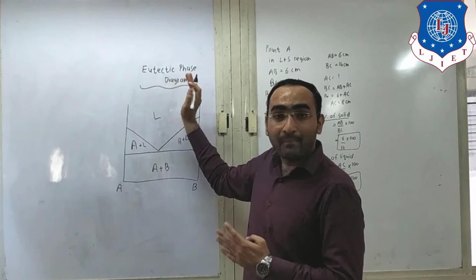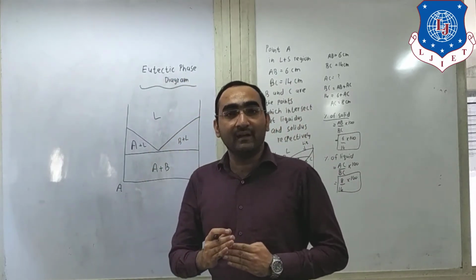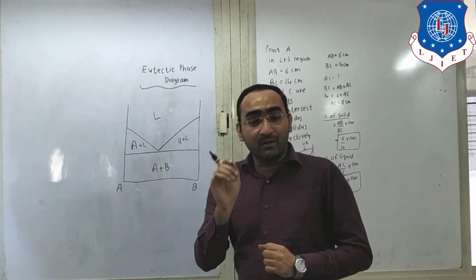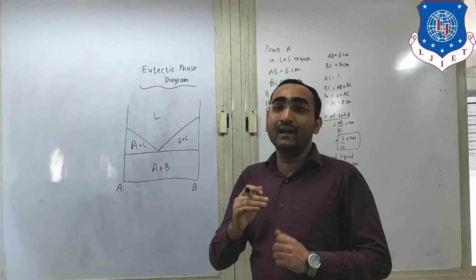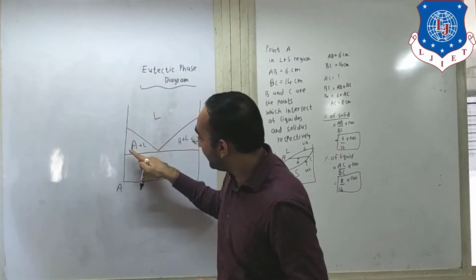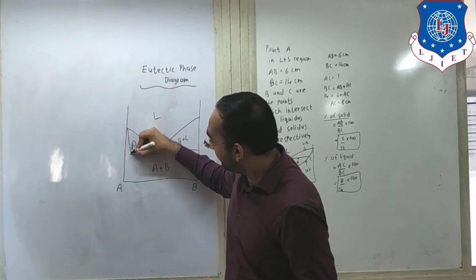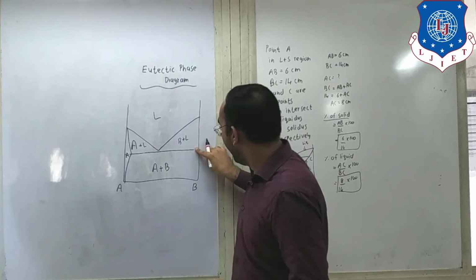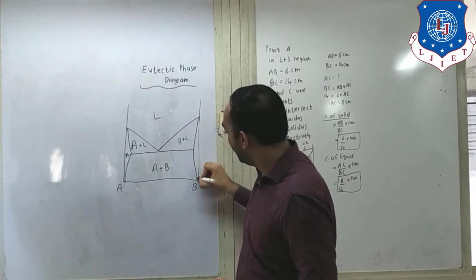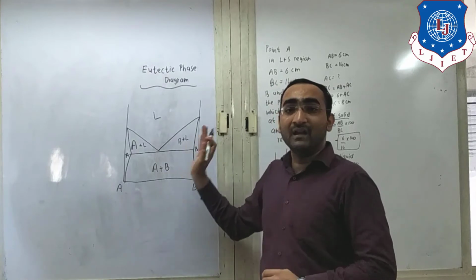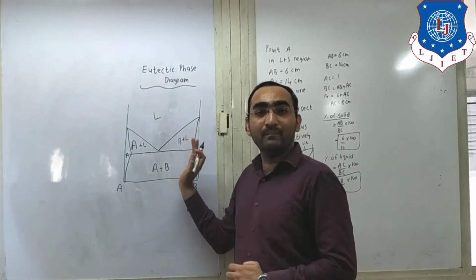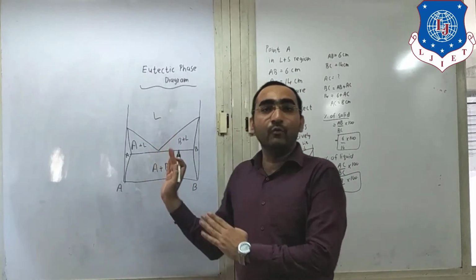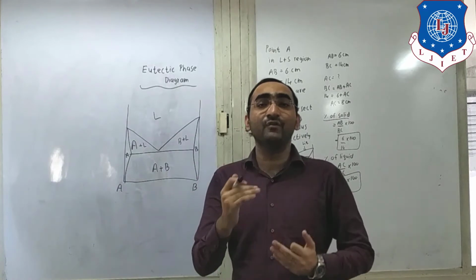It is also one of the binary diagrams where we take two metals and the reaction occurs at this particular point. If there is a maximum solubility percentage, there is one more region which we can write over here. If this region is there, it is known as pure A metal. There is no B over here. The same applies over here, where there will be a pure B region available. Clear?